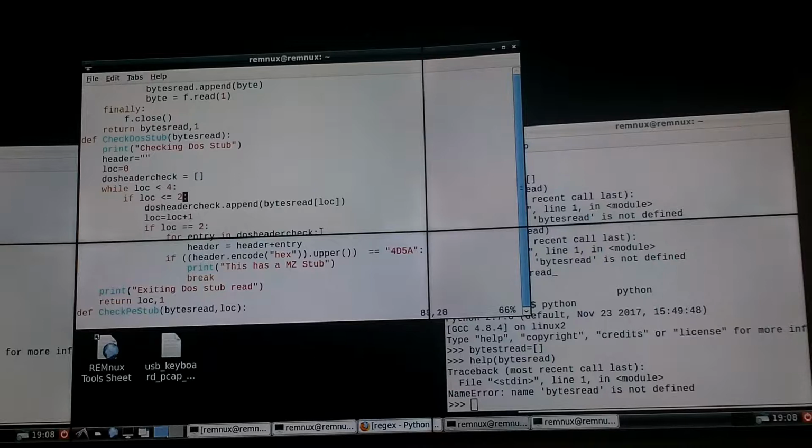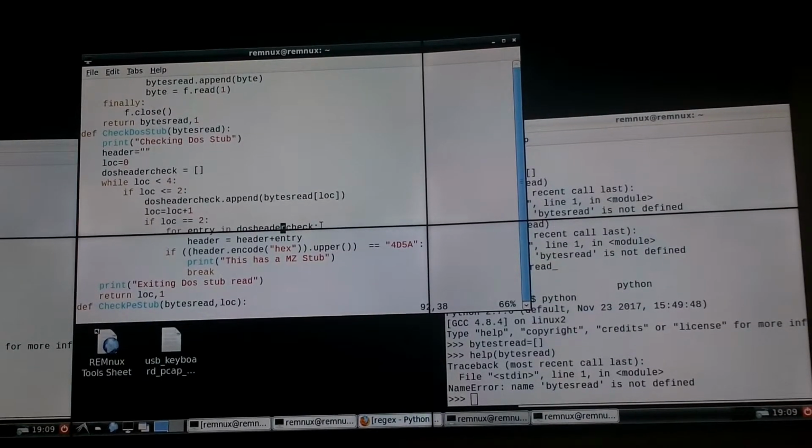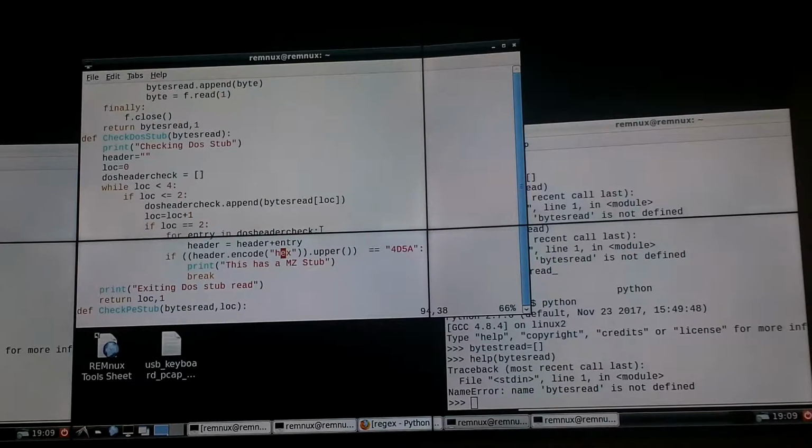We then say header is equal to whatever the current value of header is. Remember, earlier we set it to null. We know it's a string, and so I'm just appending to the string each of the values that are inside of the list called DOS header check. And then finally, what I do is I encode header as hex, and then I make sure it's uppercase and compare it to this 4D 5A,